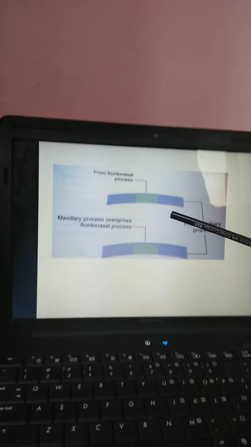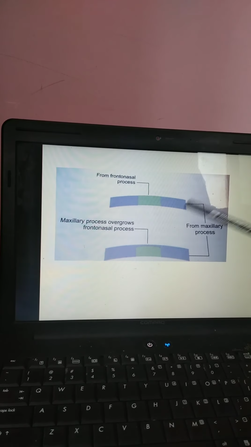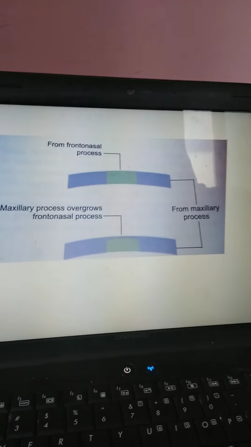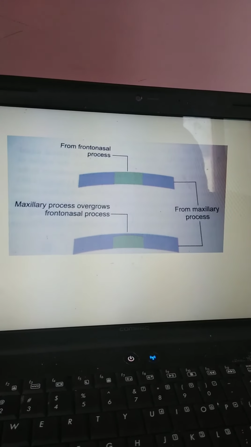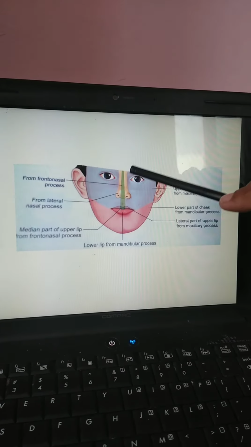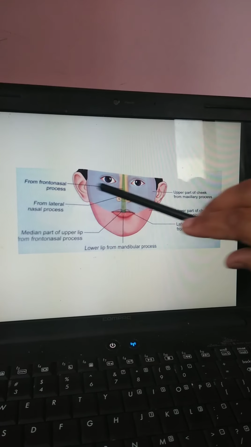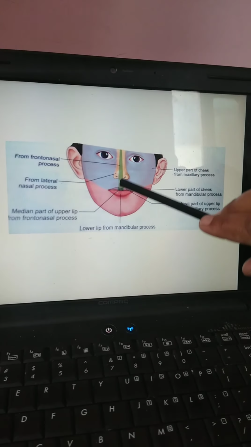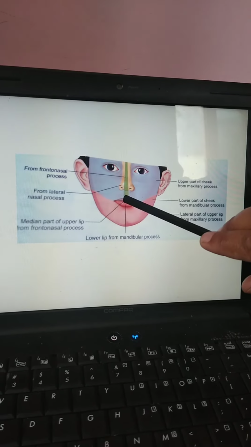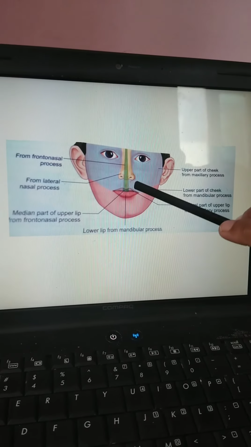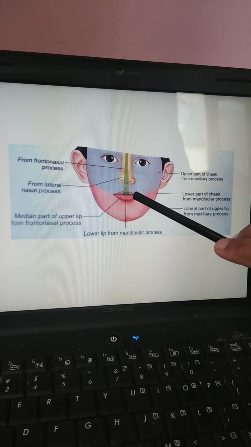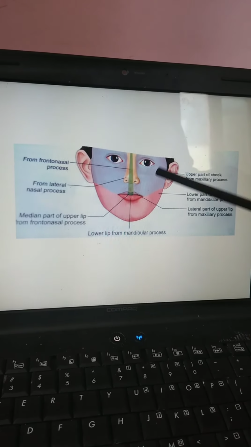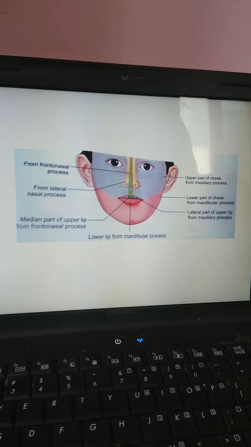Now the muscles of the face, including those of the lips, are derived from the mesoderm of the second branchial arch. Therefore, they are supplied by the facial nerve. Here also, in this picture, you can see that the frontonasal process, which narrows down, forms the philtrum of the mouth. It is mesodermal in origin, but the overlying skin is ectodermal in origin. That is why it is supplied by the maxillary nerve. So all the muscles are derived from the second branchial arch, and they are supplied by the facial nerve.